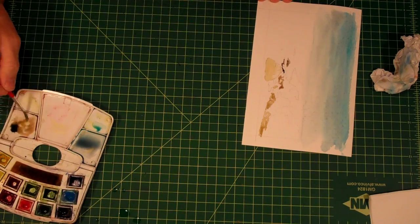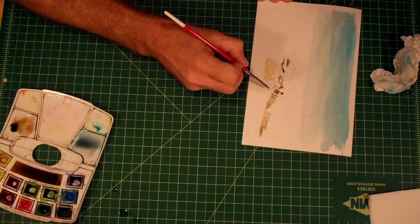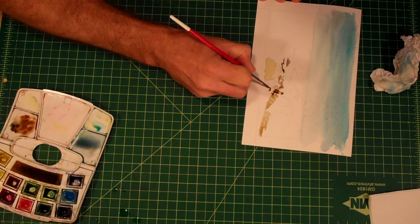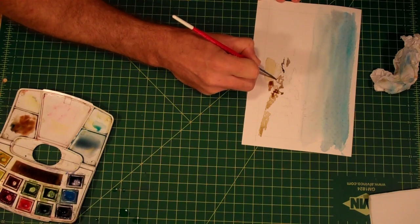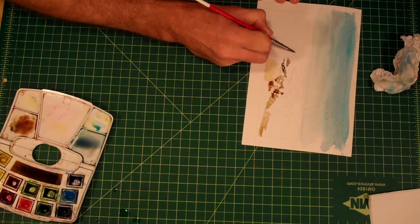So whatever color we end up painting them here, in my picture, in my mind, these are the right colors. I want to paint this in kind of a jabby, I don't have a better way to describe it, a little bit of a jabby motion. Even as the paint is going on, I want them to feel like a little bit of a ragged, jagged rock there. I know they've been worn down by the water and the sea, but it is a rocky coastline, and so I want to be able to portray that